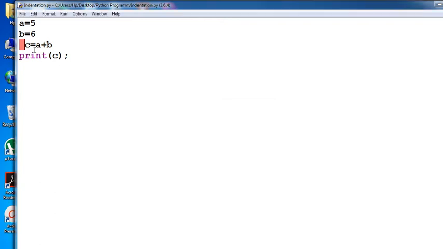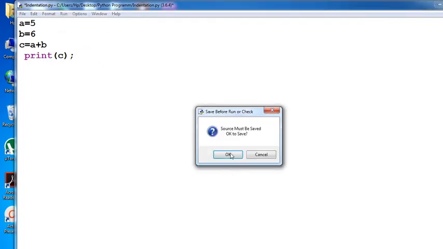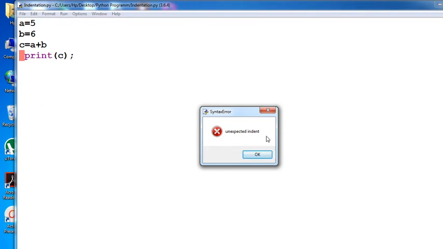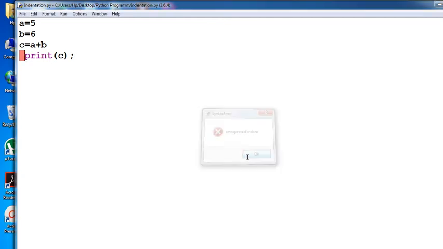Okay, then again you remove that space. Suppose you mistakenly give a space here as well, that is indentation. Again it displays an error, this type of error is an unexpected indent. That means indentation plays an important role in Python, because whether you give space or not in your program is defined by indentation in Python.